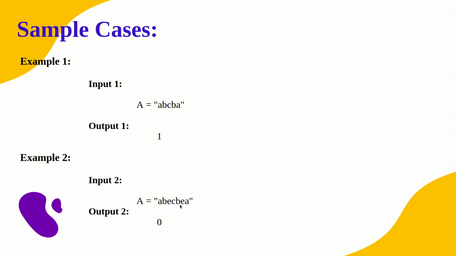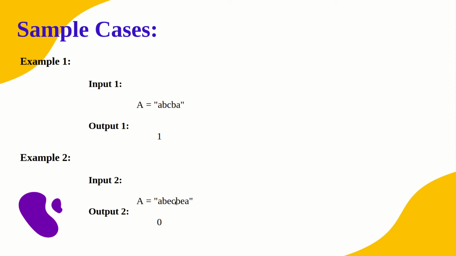When B doesn't match with E, you can check B with the next one towards E, or you can check this E with the next one towards this B. So either you increment one in this way or you increment one in this way. That's why we are calling it one extra move, or exactly one character removal, because character removal is the same as incrementing in that direction, right? Suppose you remove this B, then this E matches with this E, correct? Then we compare C and B. Now you can see again they don't match.